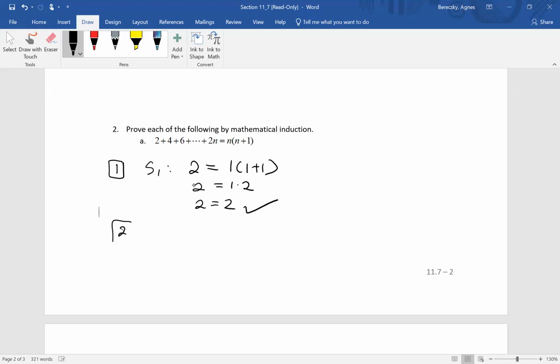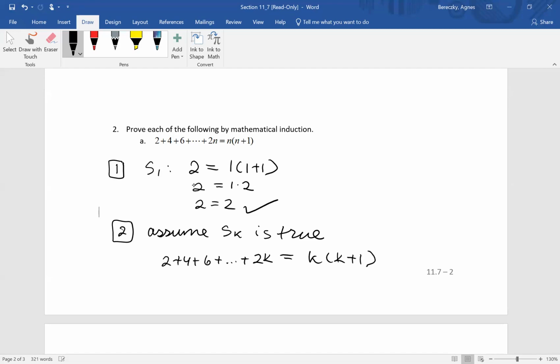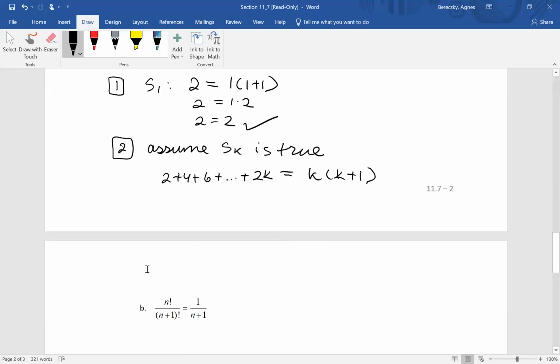Second step is when we assume Sk is true. What does Sk mean? We're adding 2 plus 4 plus 6 plus ... plus 2k equals k times (k plus 1). That's Sk. And we will be proving, if I can make some room,